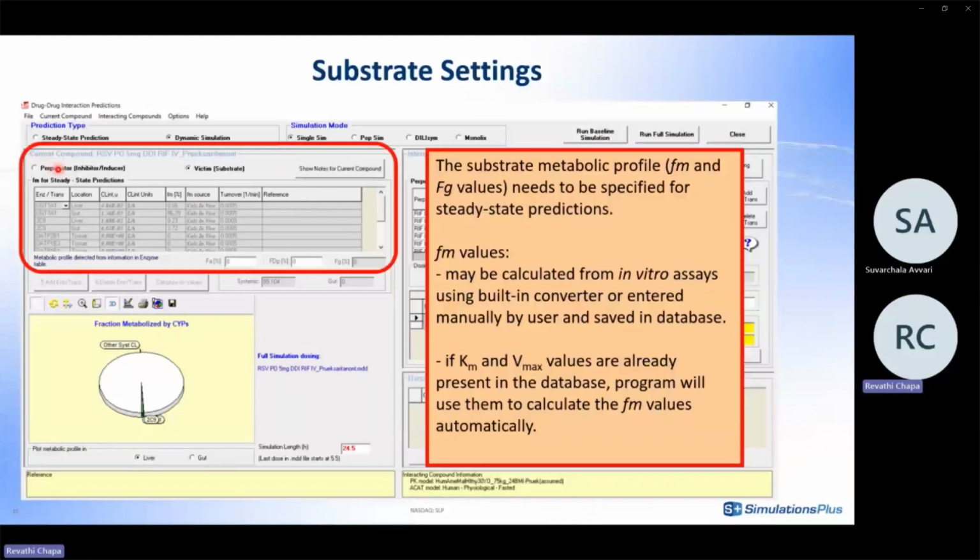So here also you can see on your right hand side, whenever you are selecting the prediction type, the steady state or dynamic, you could have this FM for steady state predictions. It's essentially coming from the data you present, either as a Vmax or Km or through the intrinsic clearance. So this is how it is presented here. It is important to define your metabolism and transporter pathways rightly to get the right DDI predictions, because sometimes there could be overestimation or underestimation if one of the pathways is given a higher or lower contribution. So this is how the FM table looks.